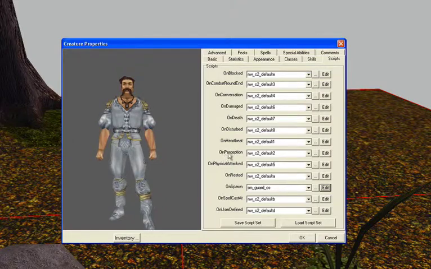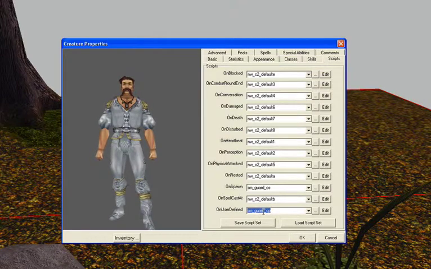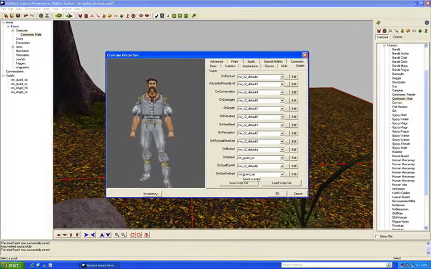Now, what we did last time was we took the onPerception script and rewrote it. Well, we don't want to do that. We want to leave it as it is. Instead, we're going to go to the onUserDefined script, take this arrow, and scroll until we find SM. It might take a while to get to it. There's a lot of scripts here. There we go. We're looking for SM guard OP onPerception. So we put our custom onPerception script in the user-defined slot. What that means is this character, when he perceives something, will fire the onPerception script, and he will also fire this script. So if we click OK,